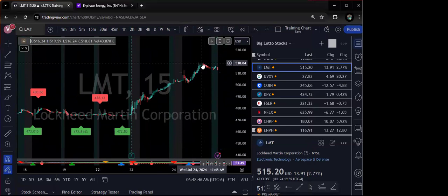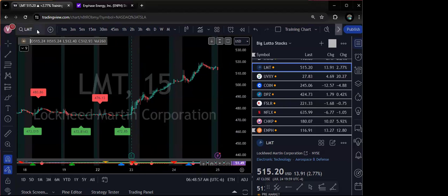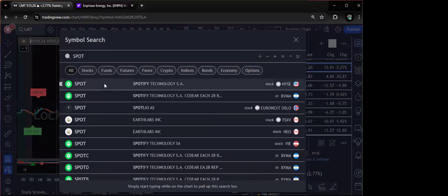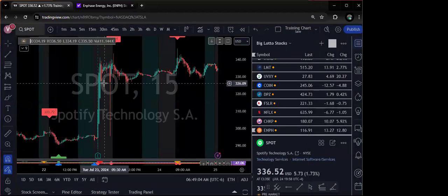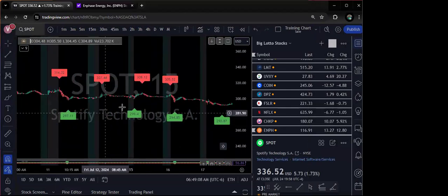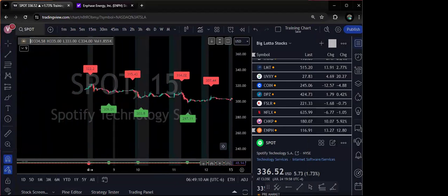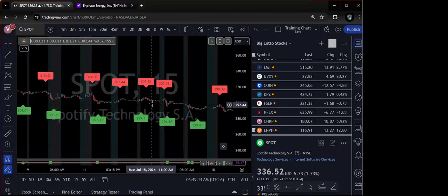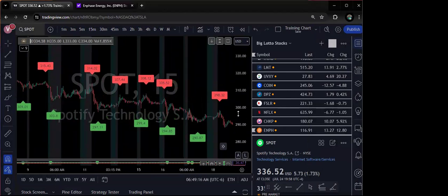We looked at ENPH, LMT, SPOT also on the 15th. SPOT reported earnings. So any stock reporting earnings, go look back at it. You want to get that story. Go look at the volume, the past 10 days or even before that. So this is the 15th. What happened here? On the 15th, we had a spike in